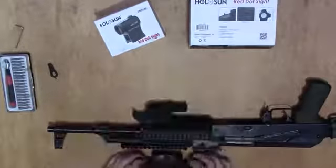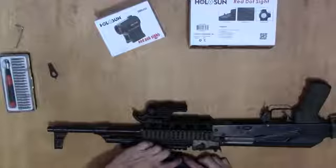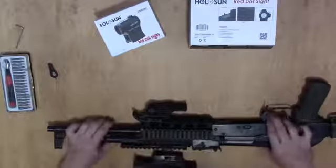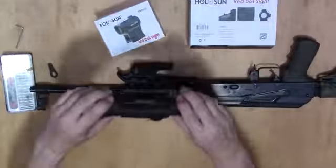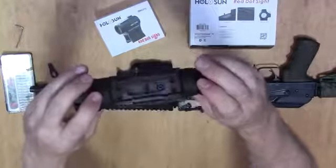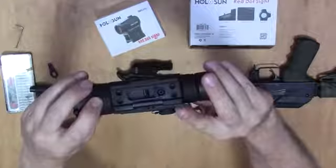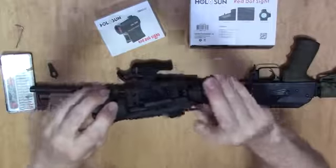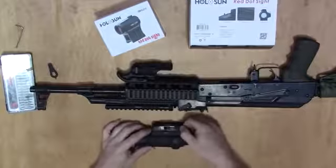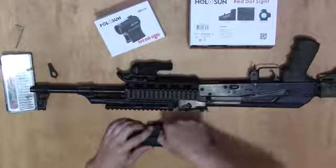All right, so we got our release. There's a button here. You just kind of push. Okay, right here. Hold that up a little bit. See that little protrusion right there? That's a button. You slide back, then the lever opens. So we'll slide that back. Move our lever